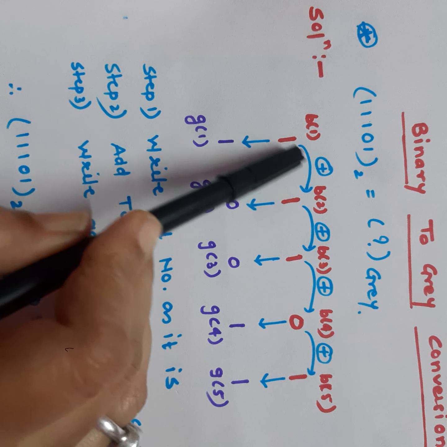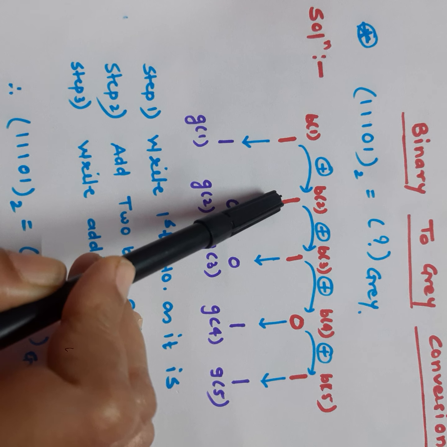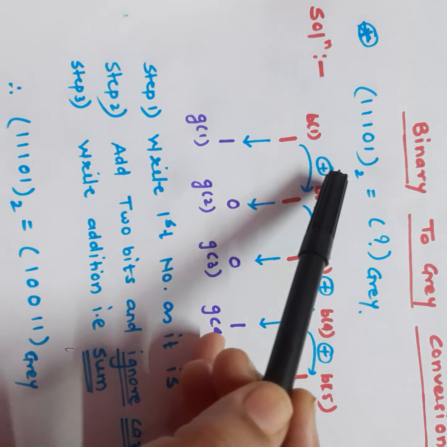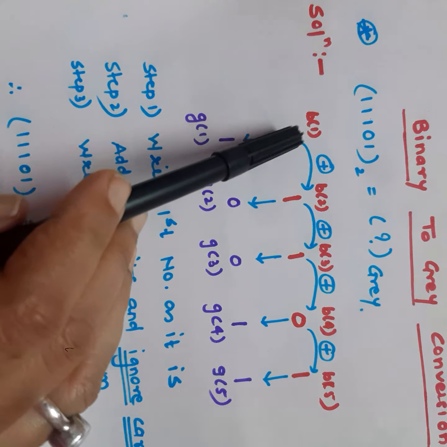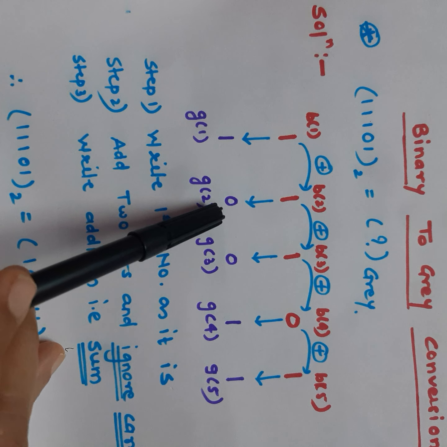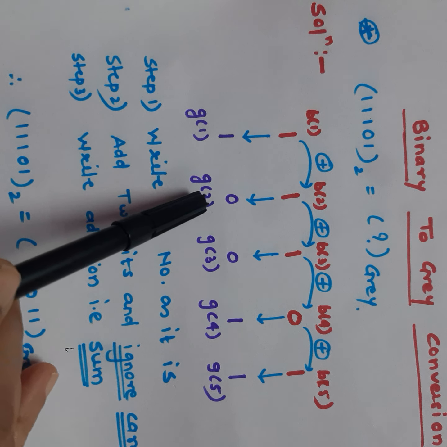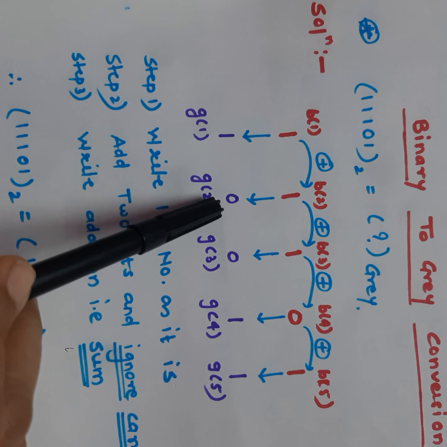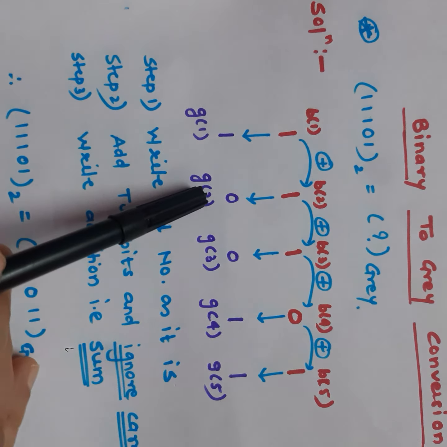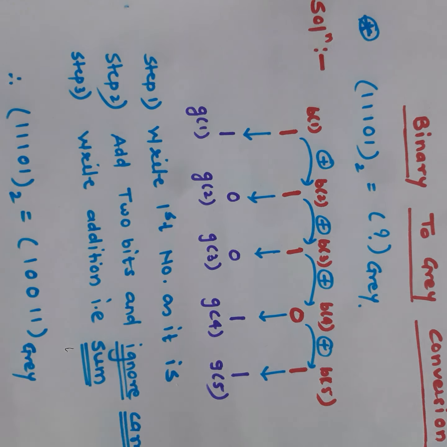Then go on adding the first and next bit. This 1 and the next bit, that is 1. So 1 plus 1 is what? Here is the addition. See, I have marked the plus sign. That means you have to add these two bits. So 1 plus 1, the addition comes as 0 with carry 1. But remember always that you have to neglect or ignore the carry. You just write down the sum over here. Only the addition you have to write, the carry you have to ignore. So 1 plus 1 will become 0 with carry 1. That carry 1 has to be neglected.